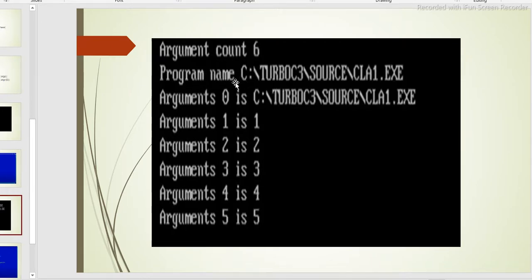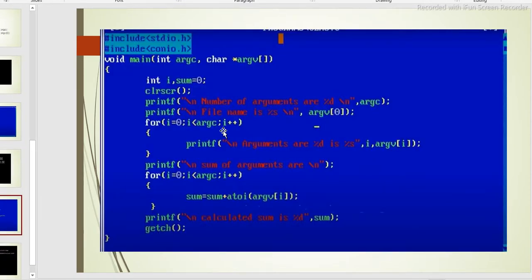Program name is what we save. It can be explained: argument 0 is the file name, argument 1 I give 1, argument 2 is 2, argument 3 is 3, argument 4 is 4, argument 5 is 5. This is the output.